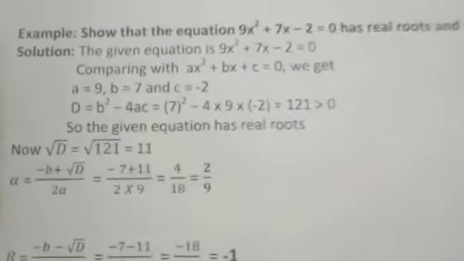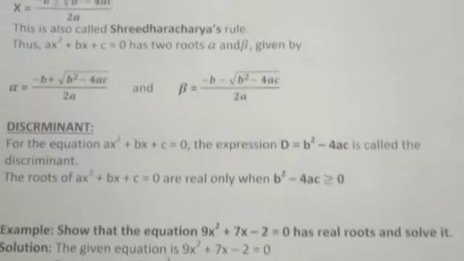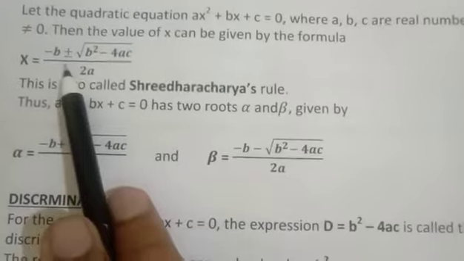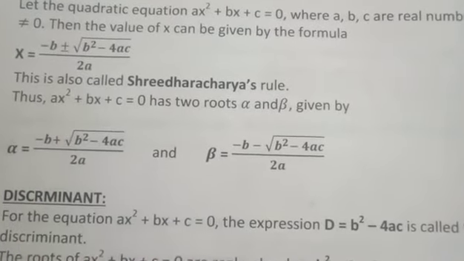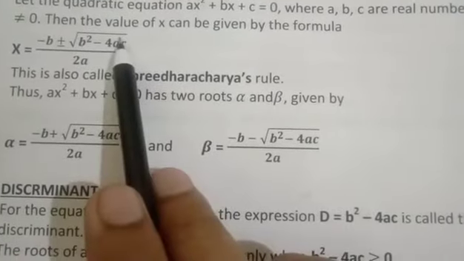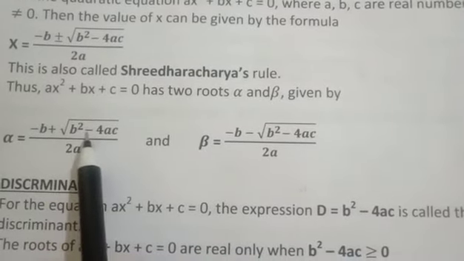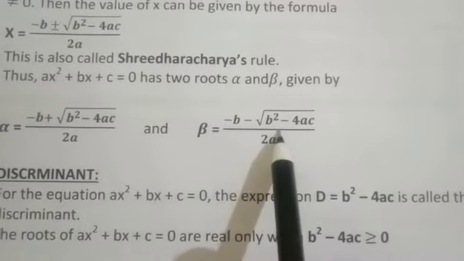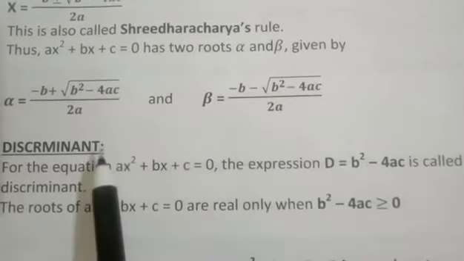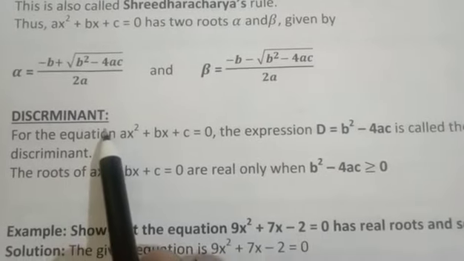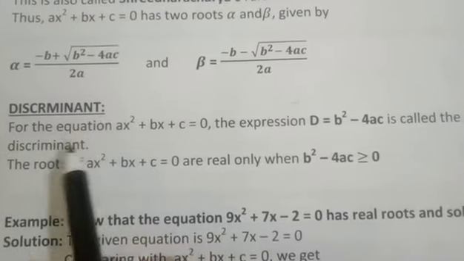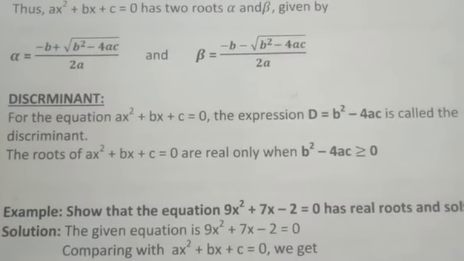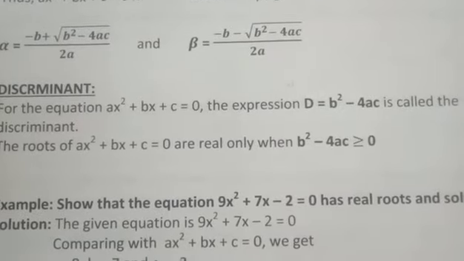So I hope you have understood the quadratic formula method. Again, just for your memory, I have to remind you that this has both the values plus and minus. Now to get the value of x, you have to take first the positive value, then the negative value of the square root, and you will get two different values of x. Then today I have discussed the discriminant, which is going to tell me whether the roots are real or not real. In the next class, we will be discussing the nature of roots.